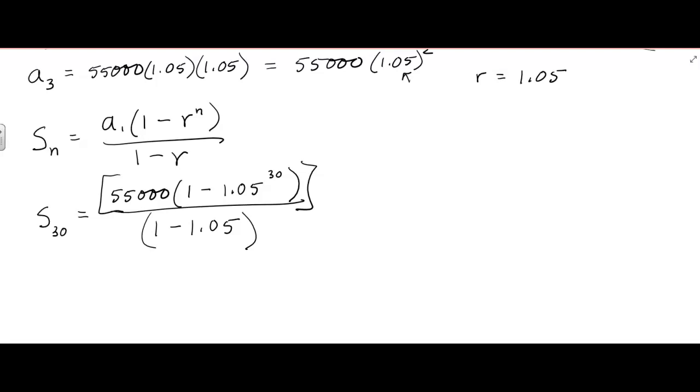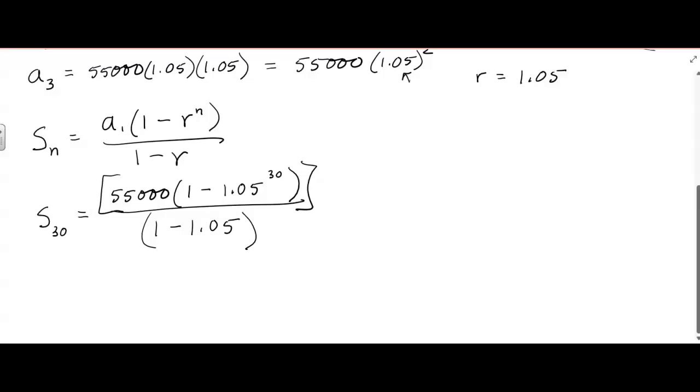Parenthesis 1 minus 1.05 to the power of 30. I don't know why it does that sometimes. Probably because I'm messing around with the pen. And then I've got to have a parenthesis and another parenthesis divided by, and I'm going to put this in parentheses here, parenthesis 1 minus 1.05. Now I could have done that by hand too, but what if it had been more complicated? So we'll practice that. And I am getting, let's see,